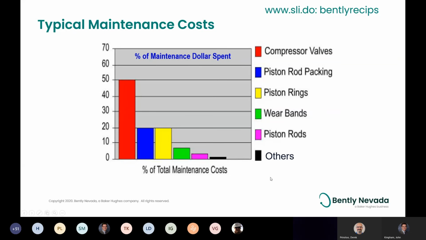And this is OEM data that we have. As I've presented on recips over the last few years, I've asked my customers, are these numbers valid? 50% of your maintenance spend on compressor valves, 20% on piston rod packing and piston rings,